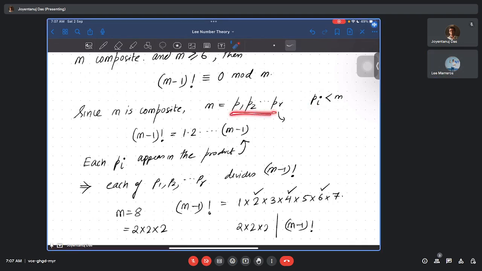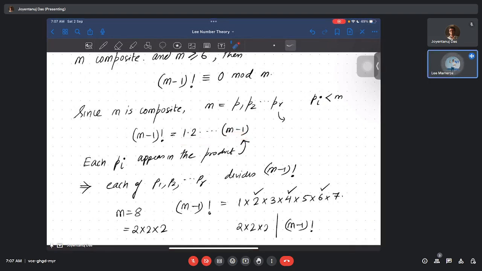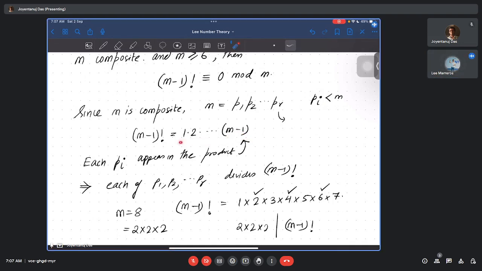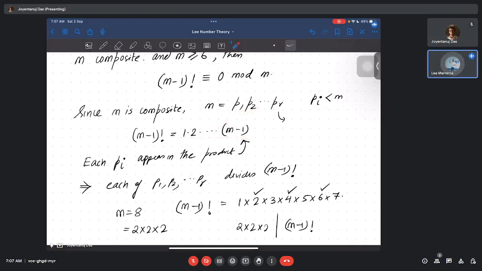So these are actually integers, right? All of them are integers, and I am taking the product of all integers up to m minus 1. So all the integers are there, and each of the elements will belong to this product, right? Yes, that is what I'm saying. Okay, but you can say that any of the factors would be within 1 to n minus 1, but how would you know that